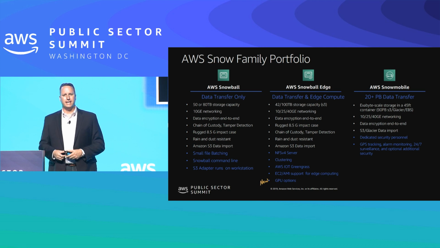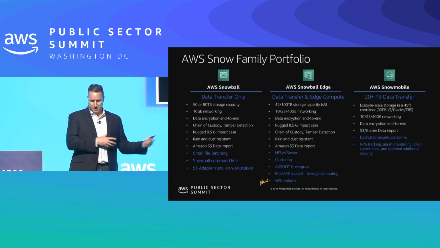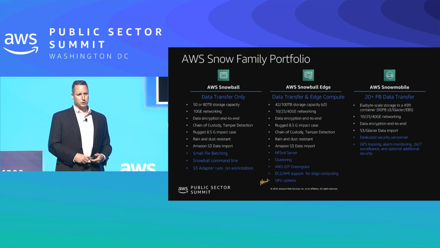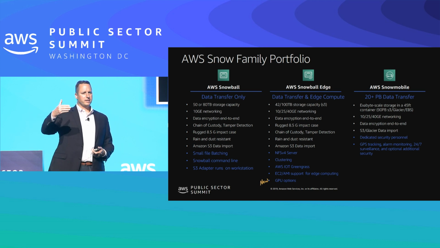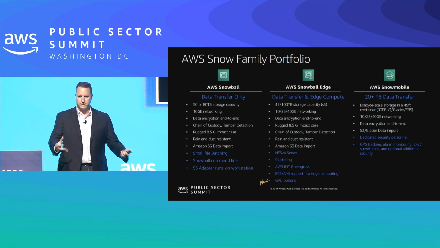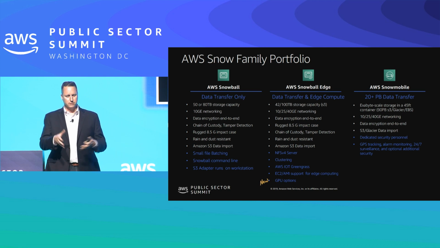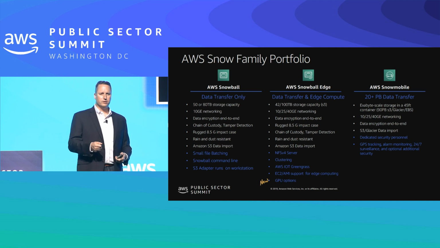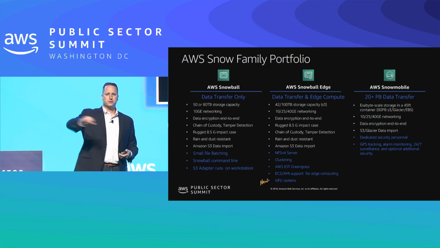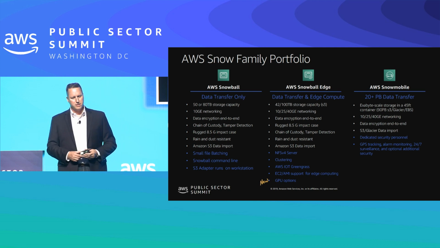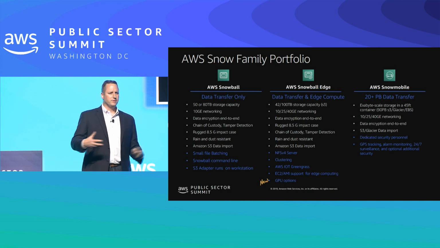You can store up to 80 terabytes of capacity and move that data, then send it to AWS. Literally, the shipping label is an e-ink screen, just like the Amazon Kindle. It is an Amazon Kindle in the box. When you fill it up with data and shut it down and close it, the address changes. You drop it off with your shipping logistics carrier, and it gets taken to Amazon,